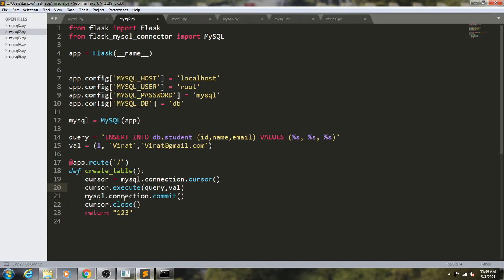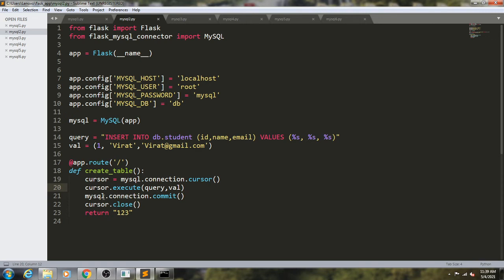Then mysql.connection.commit. I told you in the last video, whenever you are going to update or change the table, you should write this commit method. Only then will the change be reflected by the query.